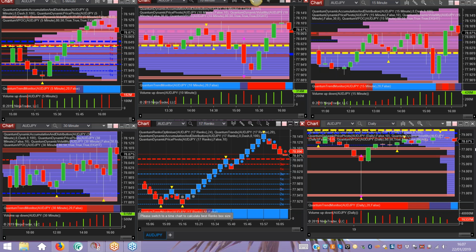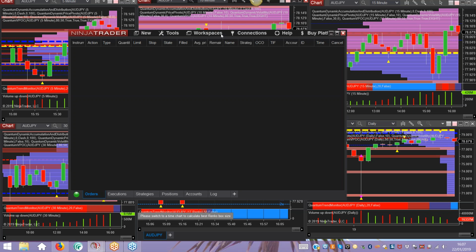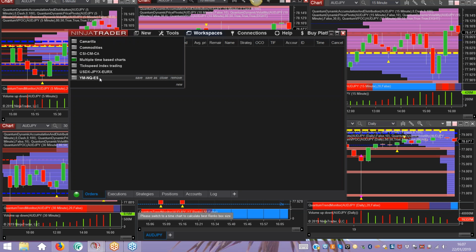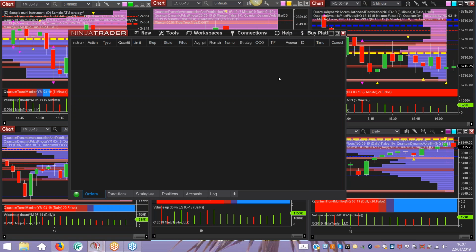So at the moment, on the Aussie yen, it's had a little bit of a rally. We're starting to see a little bit of weakening coming into that market, and that will probably be reflected over on indices. I'll just close the chat box again. Just go back onto the indices, see what's going on. Yeah, it is paint dry at the moment.